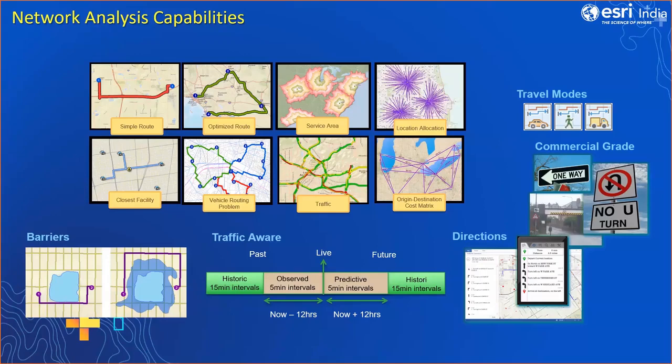We also have closest facility analysis and the vehicle routing problem. The vehicle routing problem helps you identify how many delivery personnel you need, how many delivery trucks you need. You can give inputs like what would be the weight of the package a particular truck can pick up at a given time. Such types of analysis can also be done. And ArcGIS now offers you a world traffic service, which will give you historical and predicted traffic values. We also have the option to see live traffic. This traffic layer will help you understand how the traffic is going to affect your network analysis.